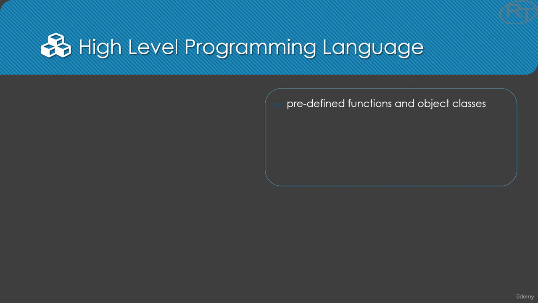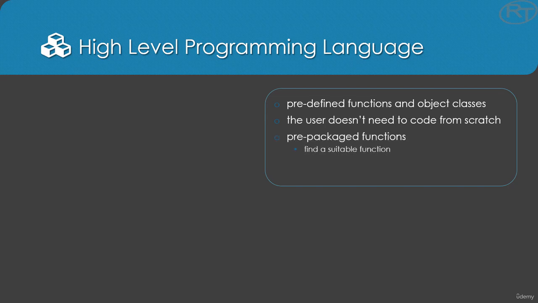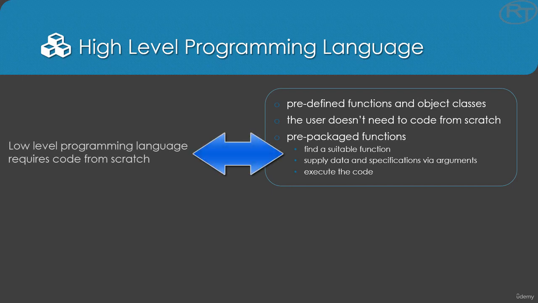Generally, R is considered such a high-level programming language. This means that R gives you tons of predefined functions and object classes. Your task is only to find a proper function and supply the correct specifications to the function in the form of arguments. That makes it much easier compared to low-level languages like C, where you have to tell the computer bit by bit what it should do. Plotting a histogram is as simple as typing hist(x) in R. That would be